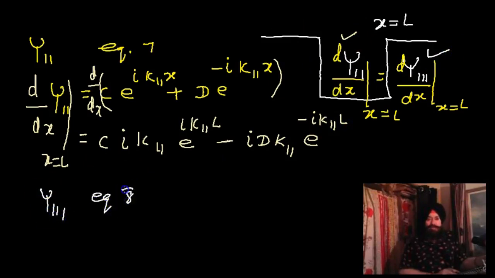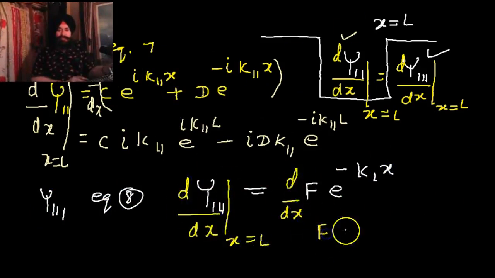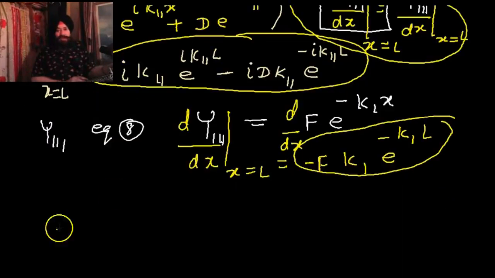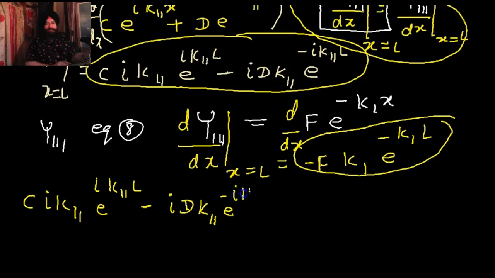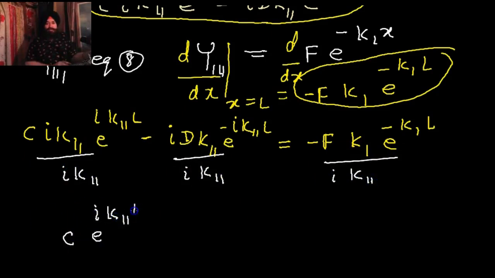Now psi 3 was, taking its derivative also. There is no iota, remember. The two derivatives are equal at x equals L. So these two yellow circles are equal. Now dividing by iota K2, the equation becomes